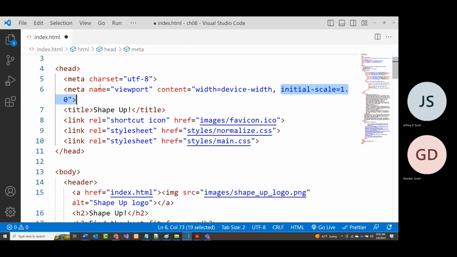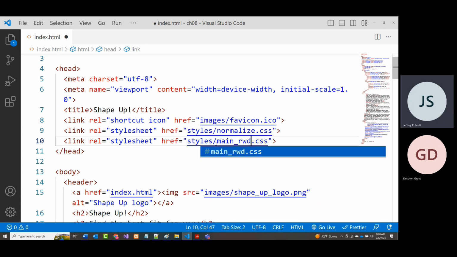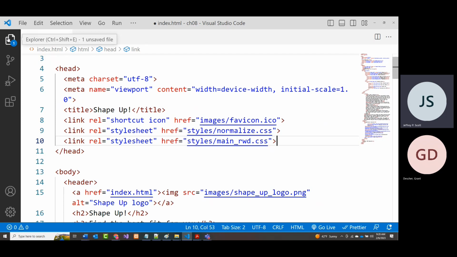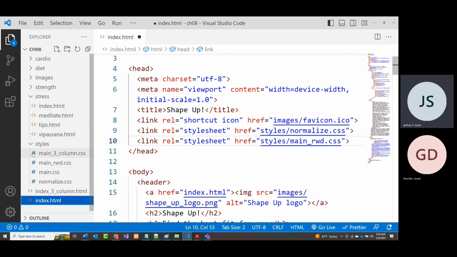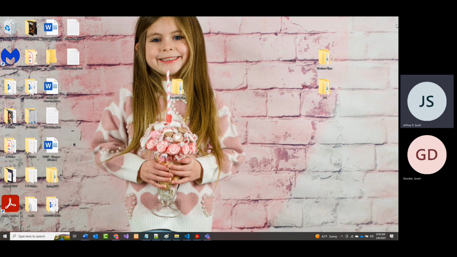So we came in and we added this. Okay, shortcut icon, our style sheets. There's normalize. All right, and this will be main underscore RWD. All right, plus one of the other ones, and I don't know if it's in there or not. Let me look. We don't have slick nav in there. There is no slick nav in there, but what you should notice is in the folder that you were given